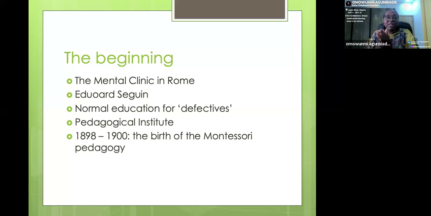Itard was a doctor who was a specialist in diseases of the ear. I think we'll talk about that later, but if we don't get there, let me quickly say it. Itard was the one that discovered the young boy, the boy of Aveyron. I don't know how many of us know about that cartoon. The boy was not up to, I think, 9 years old. He was discovered in the wild.